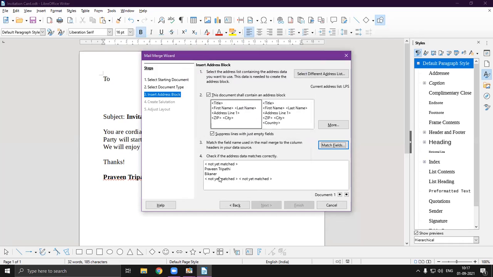दिखेगा, प्रवीण त्रिपाठी बीकानेर। ठीक है, यहाँ पर आप इसको देख सकते हो। और अगर आप इसको चेंज करना है तो आप चेंज भी कर सकते हैं। तो मैंने यहाँ पर इसको सेलेक्ट कर लिया है, मैच फील्ड कर लिया है। और हमारी जो करंट एड्रेस लिस्ट है वो कौन सी है, LPS है। डॉक्यूमेंट 1 में भी, डॉक्यूमेंट 2, डॉक्यूमेंट 3 और डॉक्यूमेंट 4 में। ठीक है, और दिस सप्रेस लाइन विद जस्ट एम्प्टी फील्ड, अगर कोई एम्प्टी फील्ड